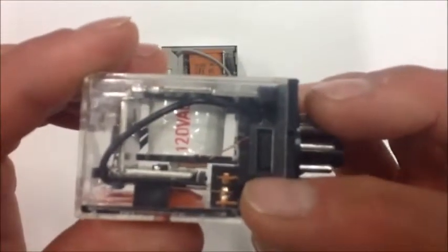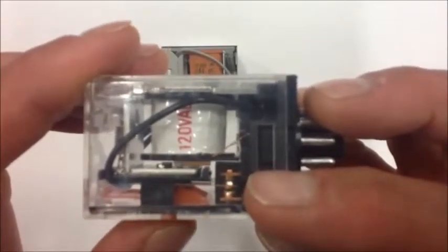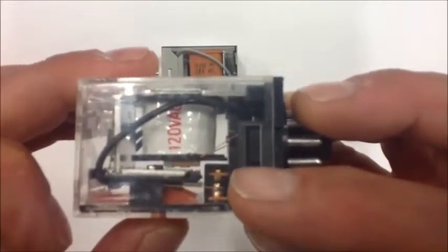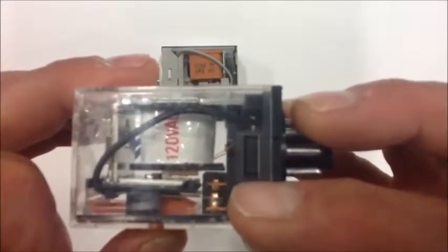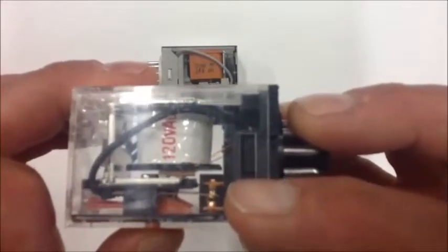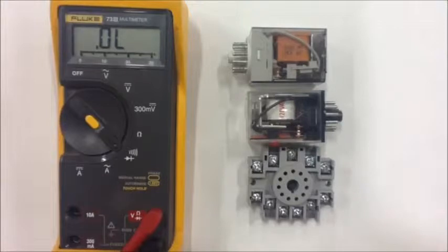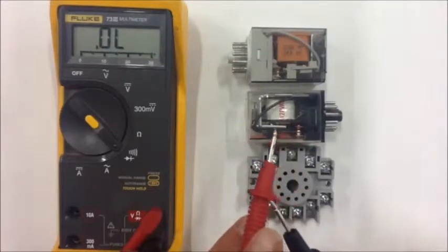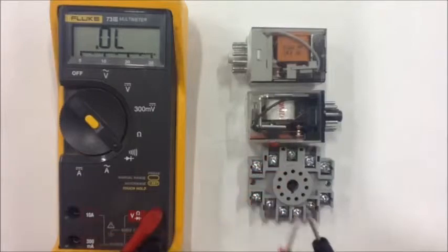You'll see down here in this corner, you see how these contacts, or this metal armature, is attracted to the coil, and there's a mechanical process, and this switch down here either opens or closes. So it opens and closes at the same time, and that allows us the flexibility to do a couple of different things. So we might have a situation where the relay is not functioning properly, and there's some tests that we can perform as electricians to try to determine what's wrong with the relay and determine what's not functioning, either the mechanical part, remember that mechanical part that moves back and forth in there,